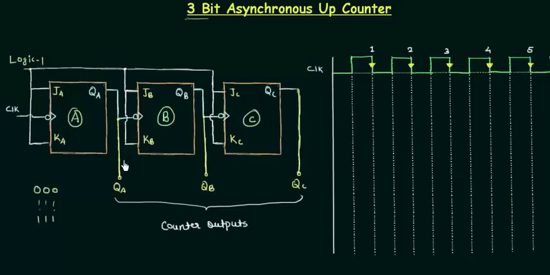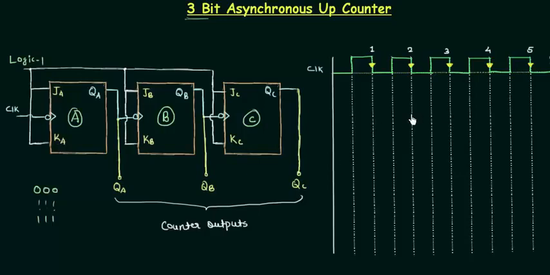And there is one important point: we want toggling, and for toggling we have to make JA, JB, JC equal to 1, as well as KA, KB, KC equal to 1. So I have given a common input to all these inputs of the flip-flops, and this common input is logic 1, which means it is high. So we definitely have toggling. And another point is, you can see this symbol, it shows that it is negative edge triggering. This bubble means negative and this arrow means edge. So in total it gives us negative edge triggering. So this is the information that we require in the beginning of this presentation.